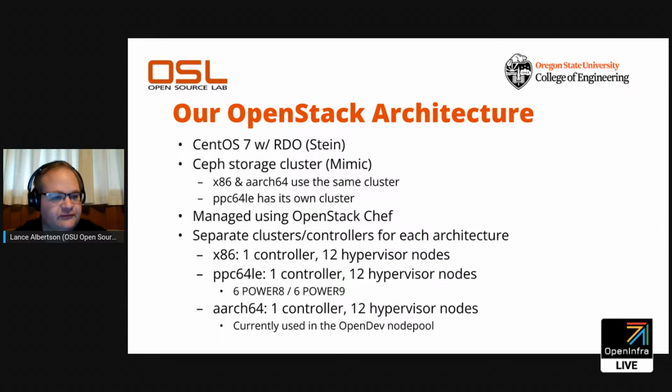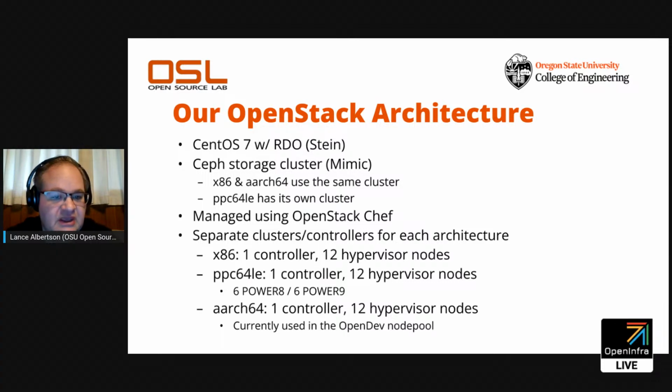With x86, we have a variety of hardware that's running on just 12 hypervisor nodes. We can easily expand that. On the PowerPC side, we started with Power 8 systems. Actually, we got started before Power 8 was officially released. We got it on a Power 7 Plus machine that was acting like Power 8. So that was fun getting that going. And in the early days, or at least in the 2013 to 2015 time frame, it was a lot of work to get OpenStack to work on Power, and I contributed quite a bit to get some of that stuff fixed.